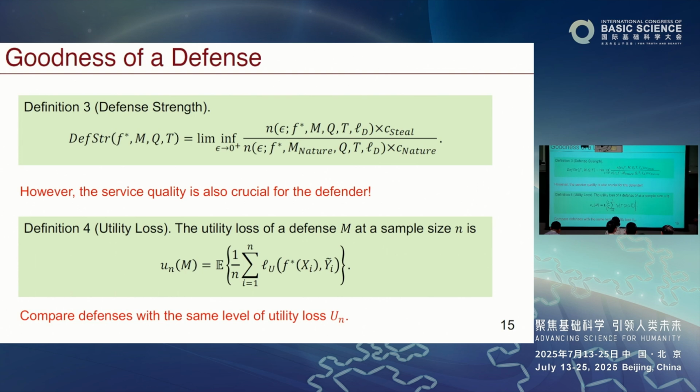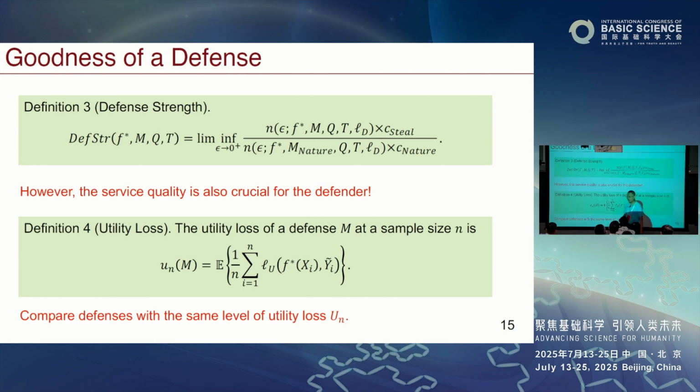And as you see, the essential thing is still the risk, because we want to achieve risk to a certain accuracy. Defense strength can be defined similarly, although, as I said, defense and attacker may have different perspectives, so their loss functions can be different. Therefore, the quantities are not necessarily the inverse of each other.